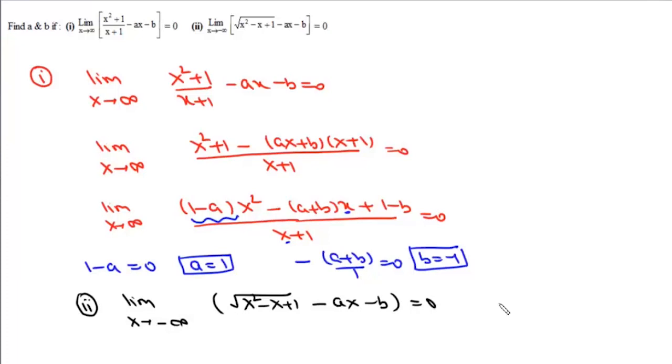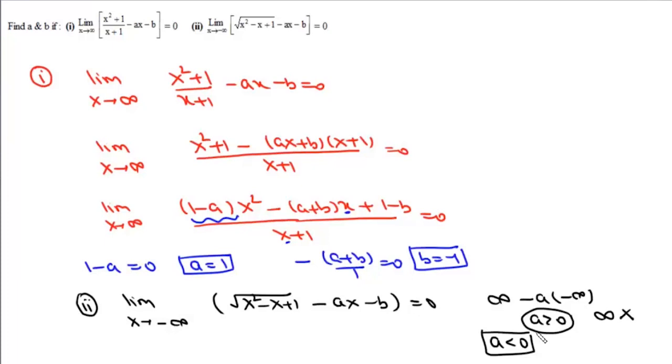Now this is infinity and then minus a into minus infinite. Now if a is greater than 0, in that case this limit will be infinite, which is non-indeterminate form. So for this limit to have an answer 0, clearly a must be less than 0. So we are looking for the value of a,